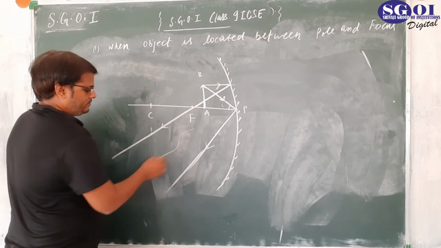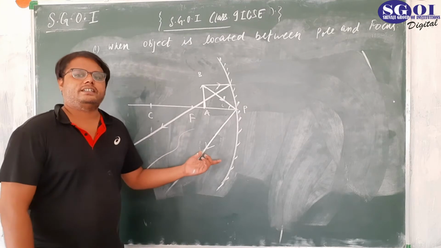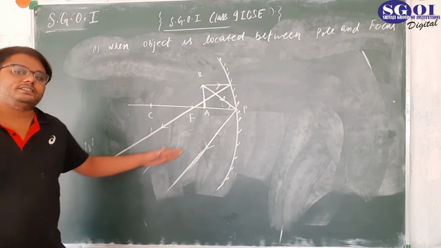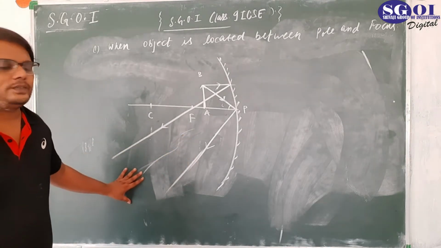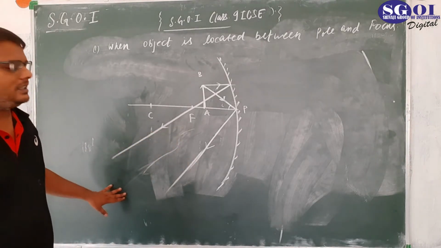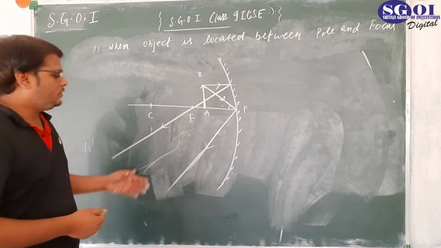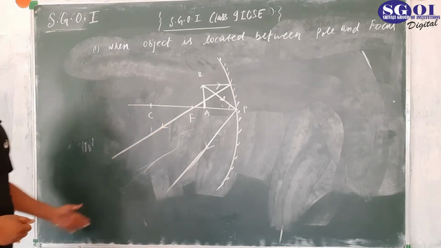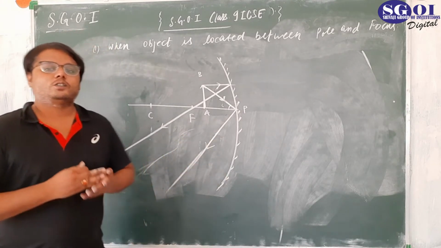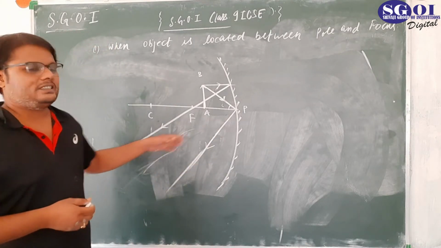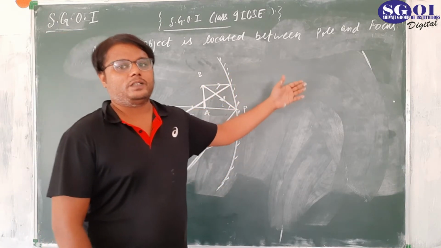What do you see? The gap between these two reflected rays is increasing further and further. Are they going to cut each other ever? No. If you keep extending them, the separation between them will also increase. So there is no way that they will cut on this side or in this plane. So they are not cutting in real. So what do we have to do? We have to extend them back behind the mirror, on the opposite side of the mirror.